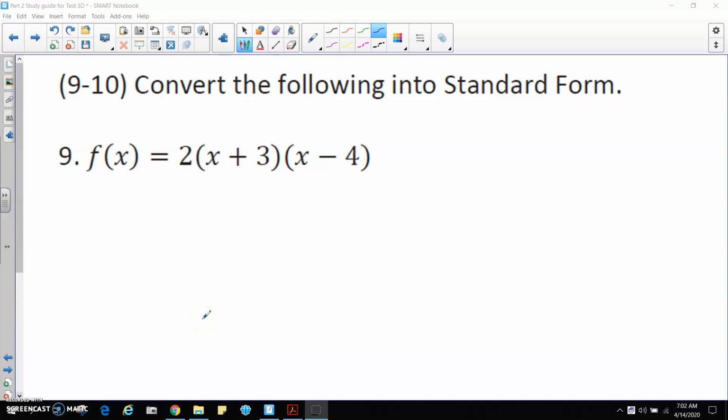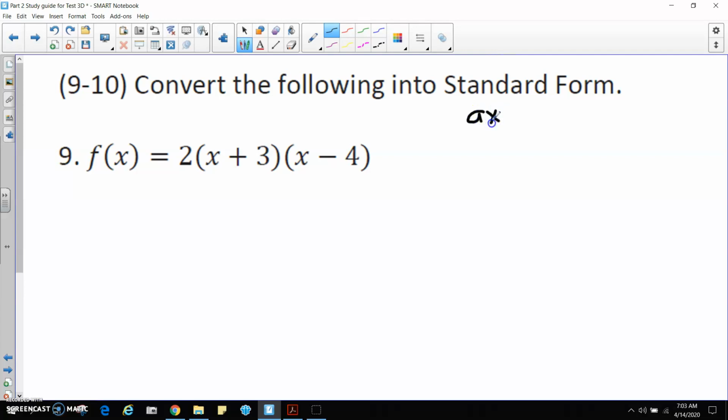Hey guys, I'm going to explain the second half of your review sheet for your test replacement of 3D. So we are going to start with number 9 and we're converting to standard form. The first thing you need to know is what is standard form. So our standard form is written as